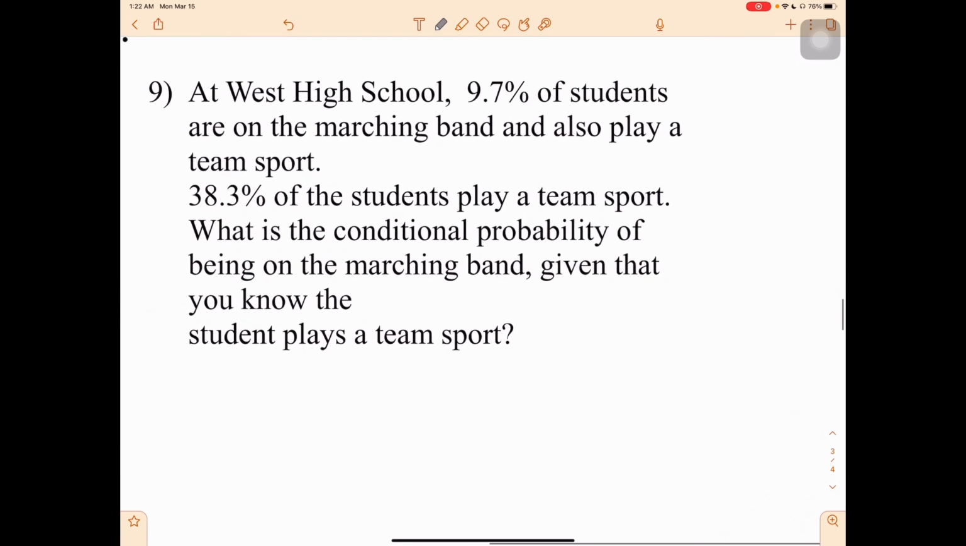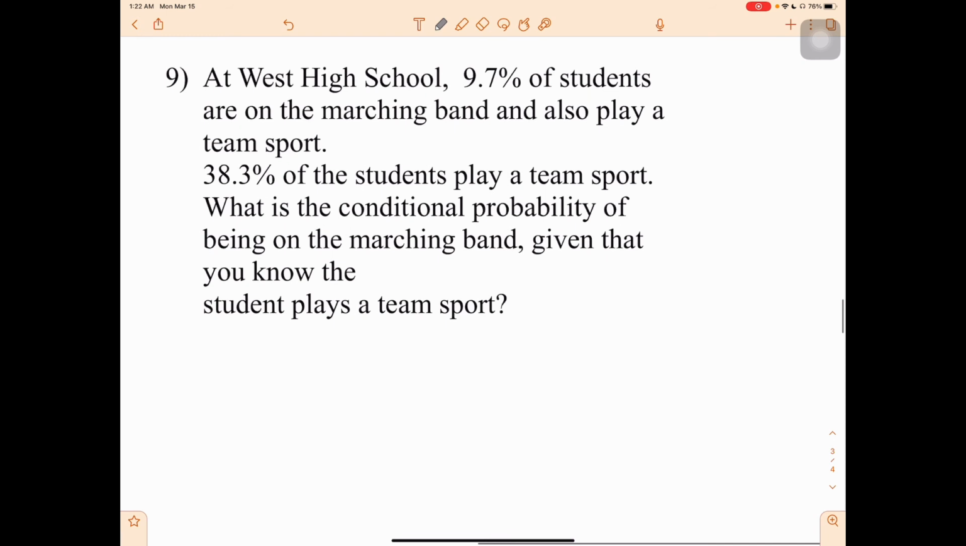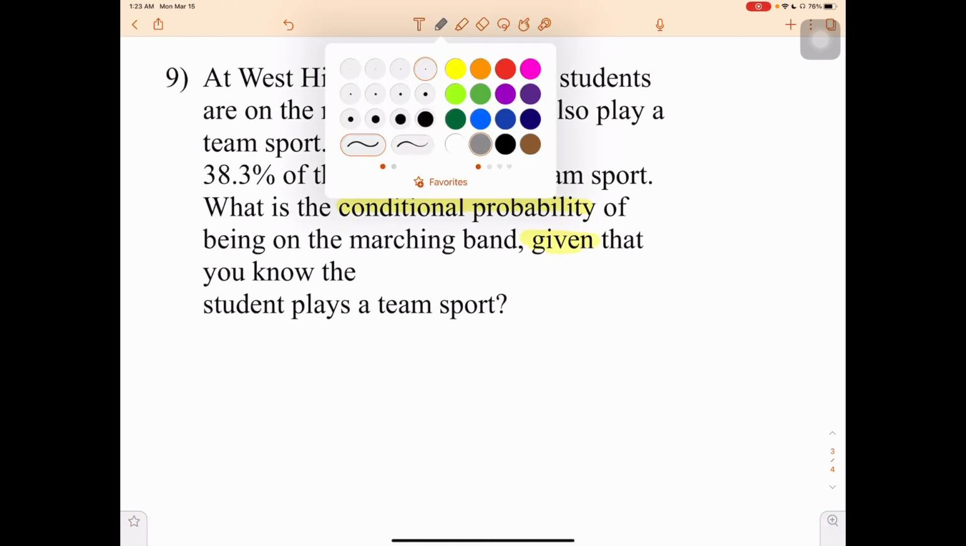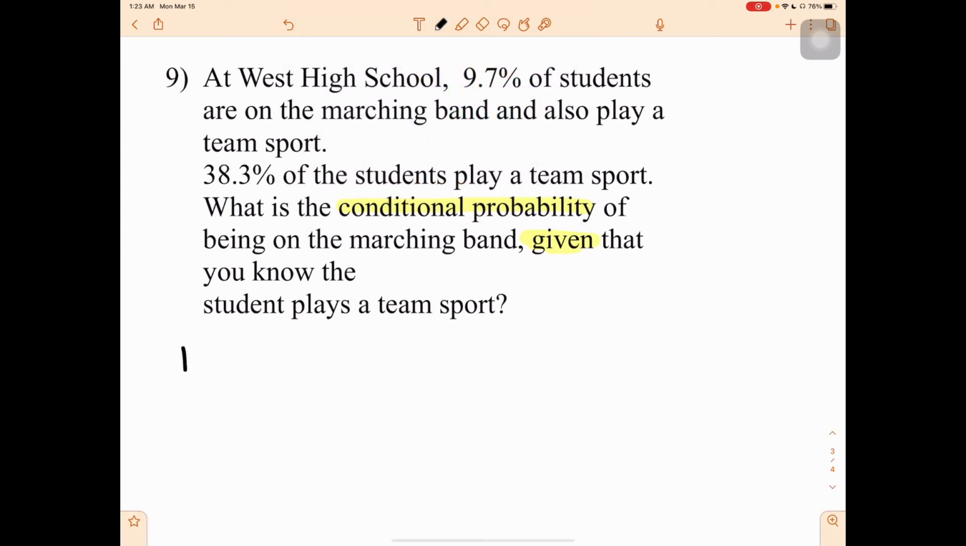All right, at West High School, 9.7% of students are on the marching band and also play a team sport. 38.3% of the students play a team sport. What is the conditional probability of being on the marching band given that you know the student plays a team sport? So conditional probability and given are the key words here. They want to know the probability that a student is on the marching band given